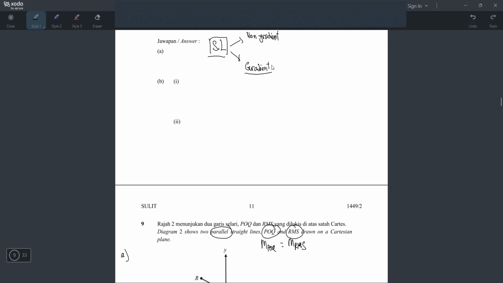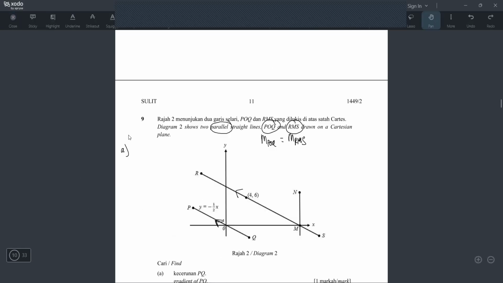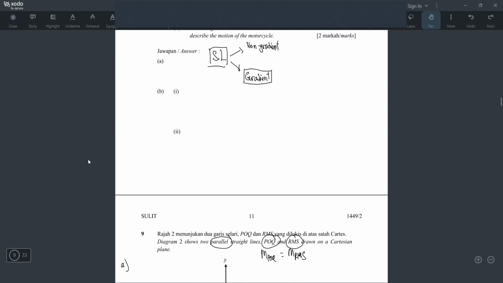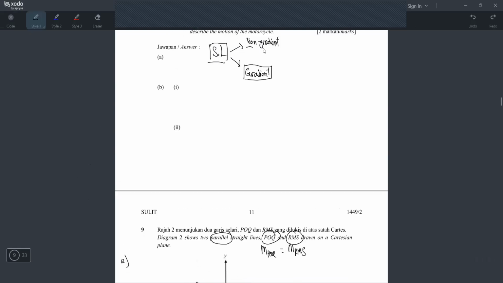Saya nak you faham semua konsep. I don't want to just focus on this question and do soalan ni. And then nanti dalam exam dia twist sikit, you tak boleh buat dah. Saya tak mahu macam tu. Saya mau ajar, when I ajar the whole thing. Okay, so saya tak mahu just focus on the question.